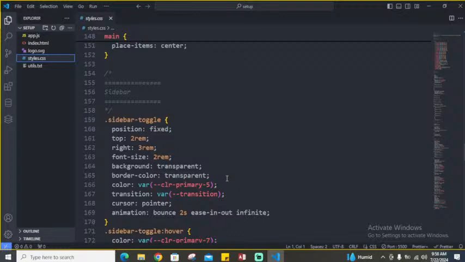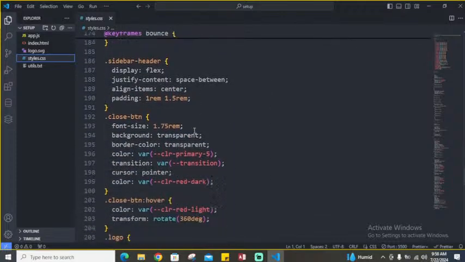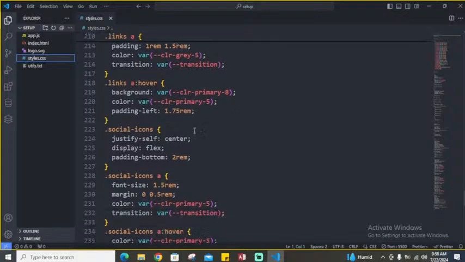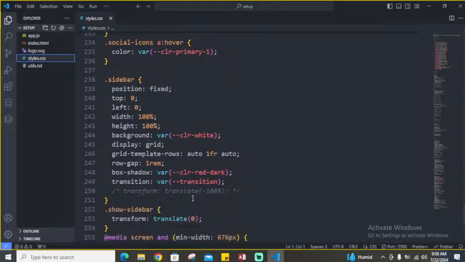Then, please, you see this sidebar toggle. This sidebar toggle was what was added, that shows. But if you look at the sidebar on its own, let's go to the sidebar on its own. Now, in the sidebar on its own, please pay attention to this. You can see that something was commented out, which is the transform translate 1000 pixels. If I uncomment this and I save this,